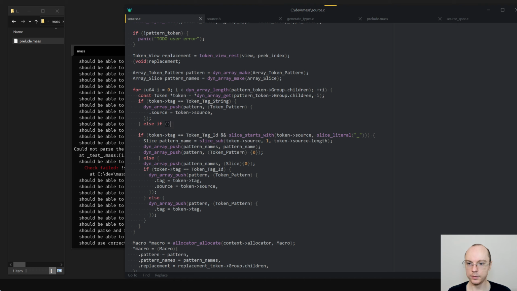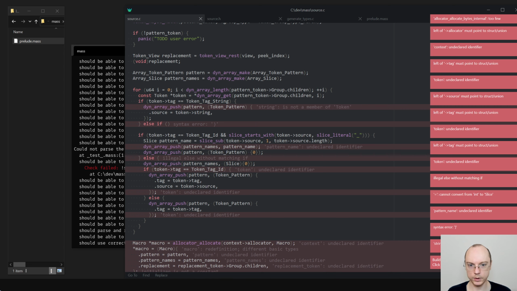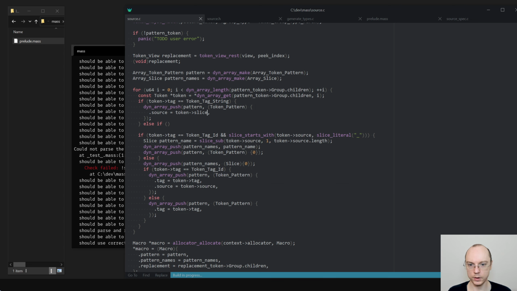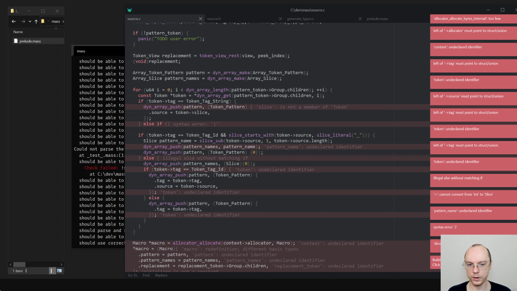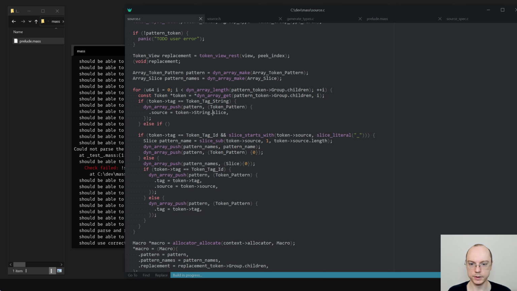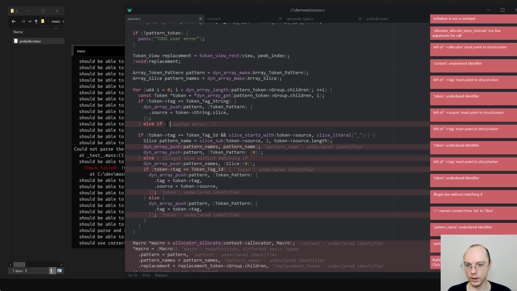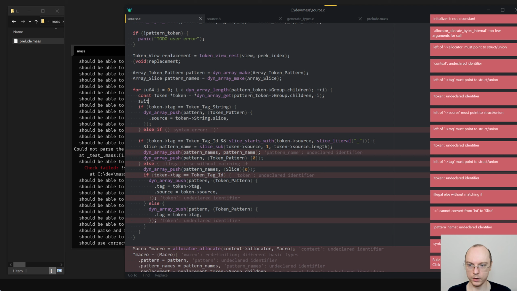Else, if, actually I don't need to do token source, I need to do token string or something. Does it work? No. Token string slice. I think that's how it is. Yes. Okay. Maybe let's do a switch on token tag.